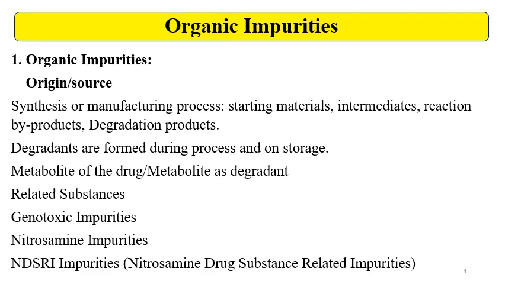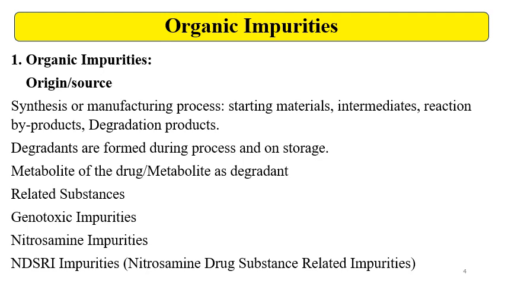Now we will see the types of impurities. First, see the organic impurities. These are organic in nature, and these may come from the synthesis or manufacturing process. The impurities may be starting materials. Generally, the key starting materials used for API synthesis get introduced from the raw material, and if they are not removed, then they will be present in the API and also in the formulation. So that is one of the sources of impurity.